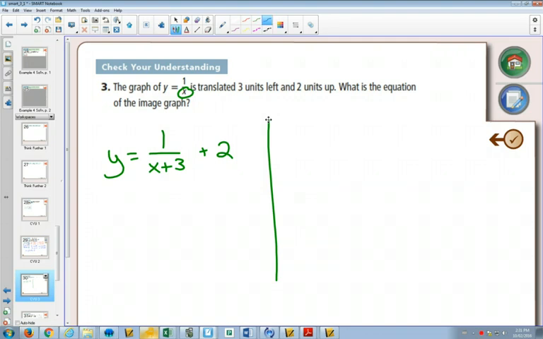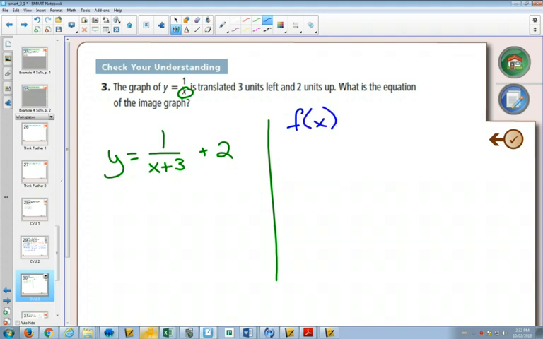Sometimes, depending on the graph, it's hard to see that directly. Especially, I think the reciprocal one is sometimes a little bit harder than some of the other ones because it's not like inside of a square root or inside of something squared. So some people like to start with function notation. If you're going to go to function notation,